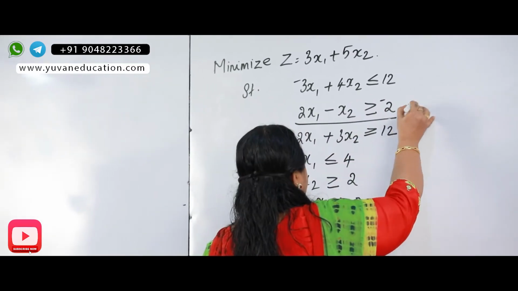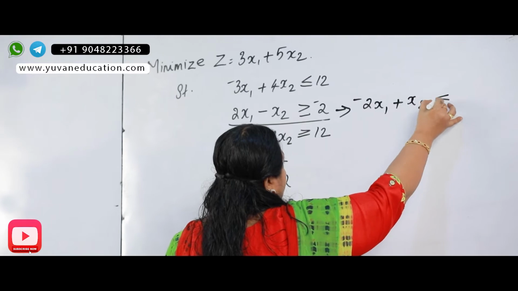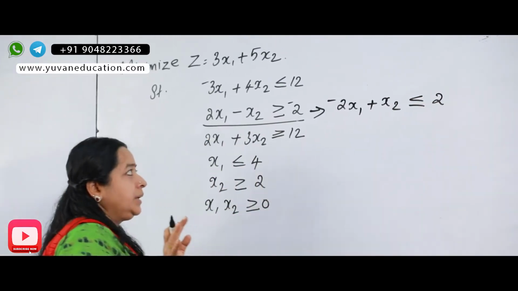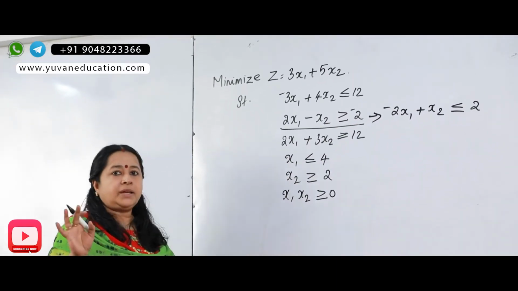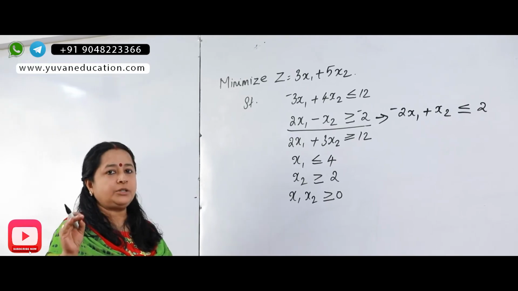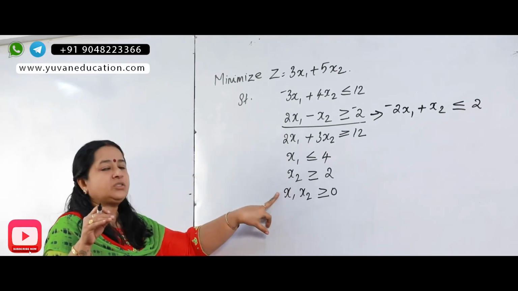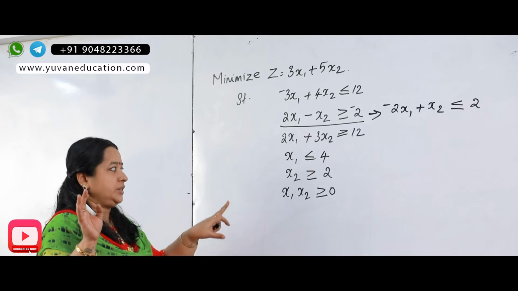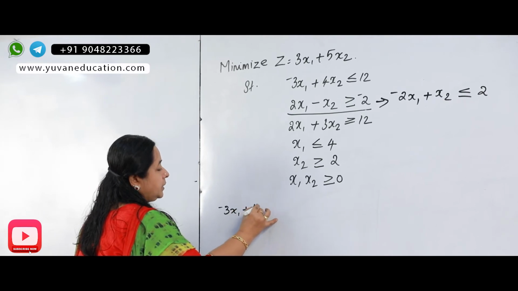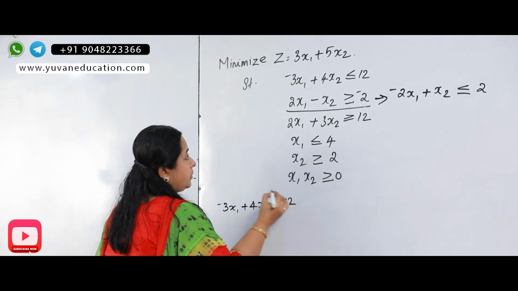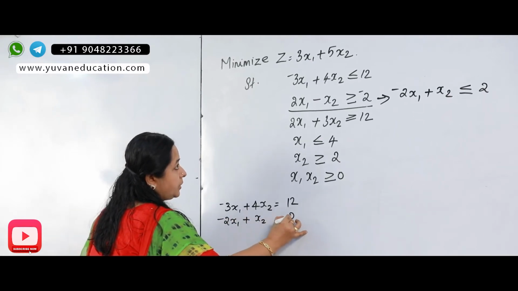See, minus 2x1 plus x2 less than or equal to 2. Then it becomes positive. After that, we can change the inequalities into equations. Before doing graph, all the inequalities of the constraints should be converted into equations. See, minus 3x1, 4x2 is equal to 12, minus 2x1 plus x2 is equal to 2,